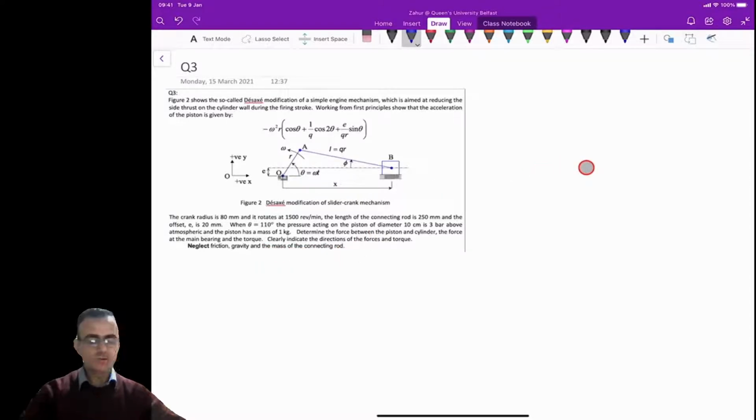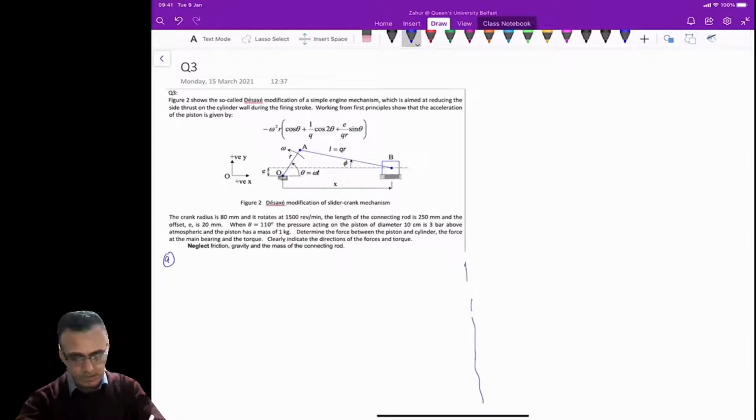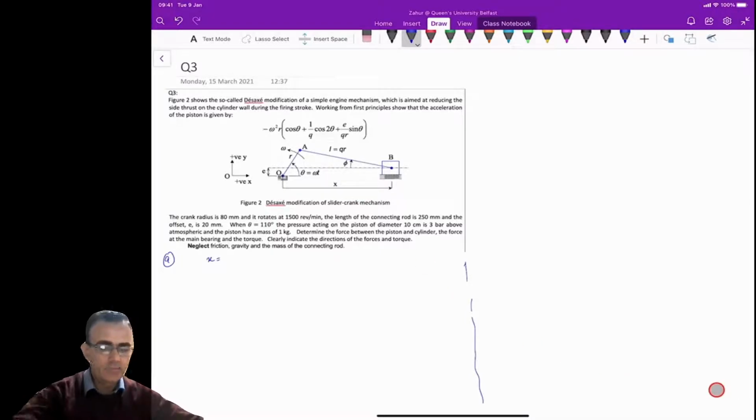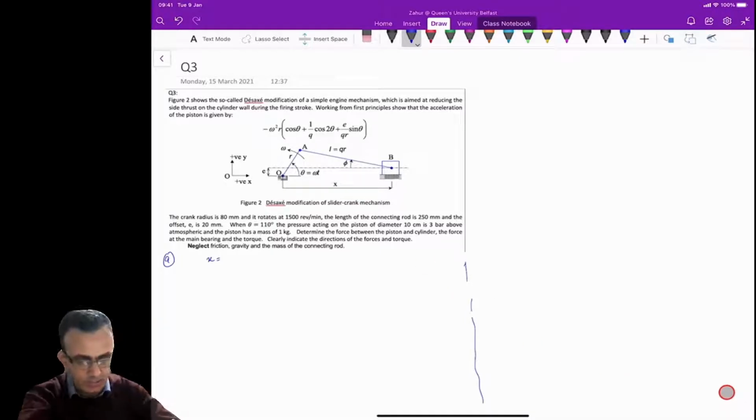Okay, so in this case, in part A, what we need to do is to prove this equation here from first principles. This means that we will start from the basic equation that we did in the previous case. So as you're going to see, x is the displacement, and in this specific case, x is equal to again r